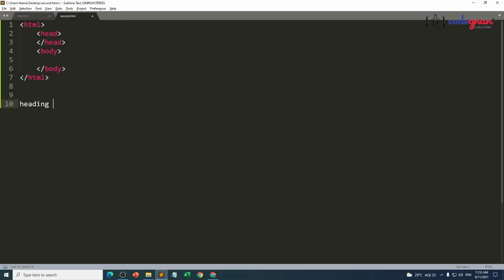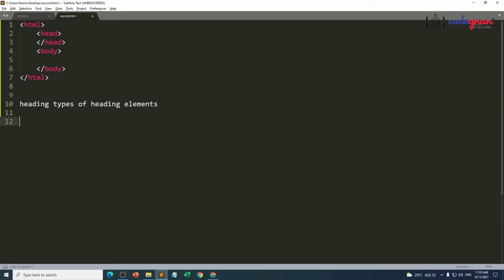In newspapers also, we read some headings. Based on that particular heading, we can find out if it is really important information or not. Like that, in our web pages also, we have a concept called heading. How can I create it? What are the types of heading elements we have? We are going to learn and see all those things in this particular session.